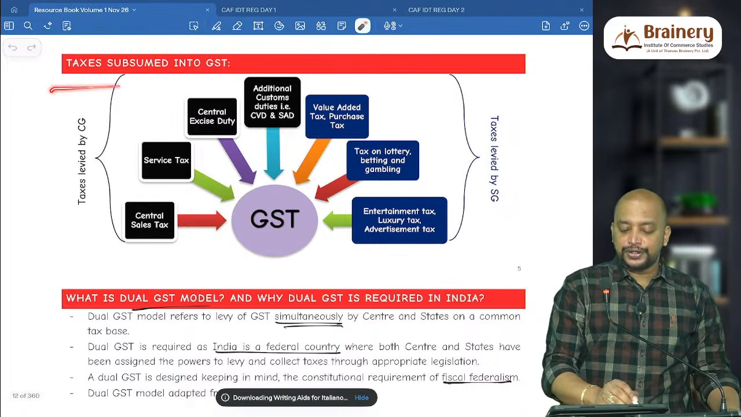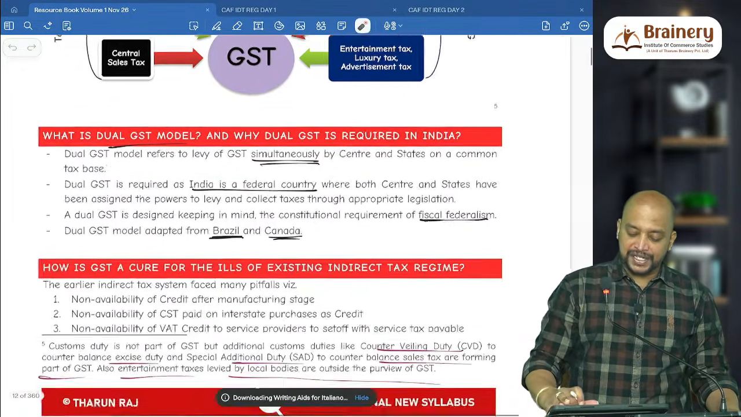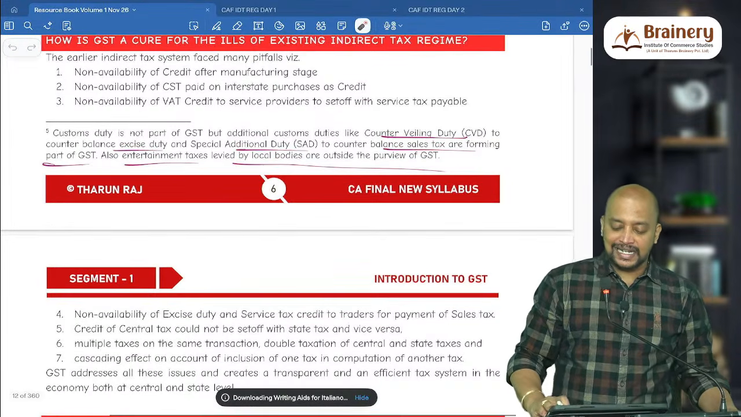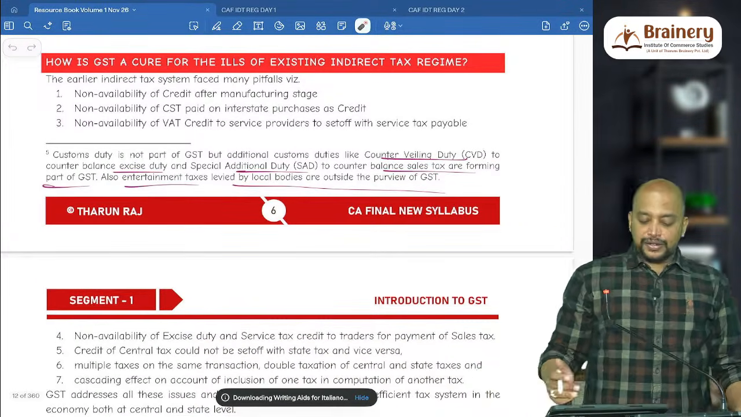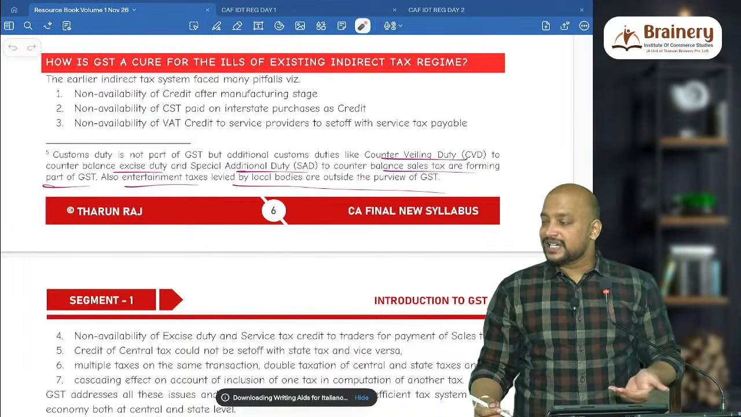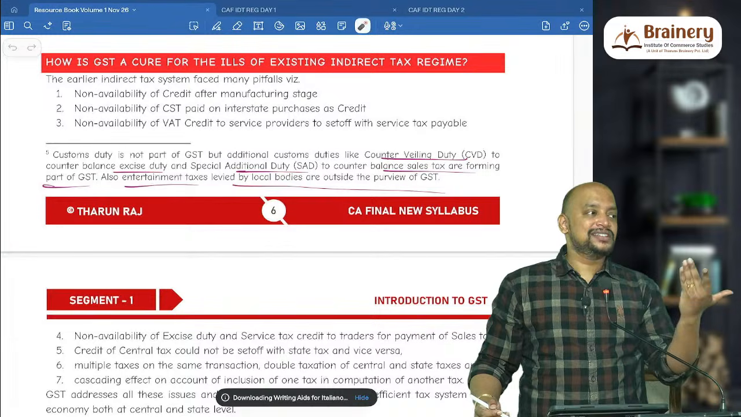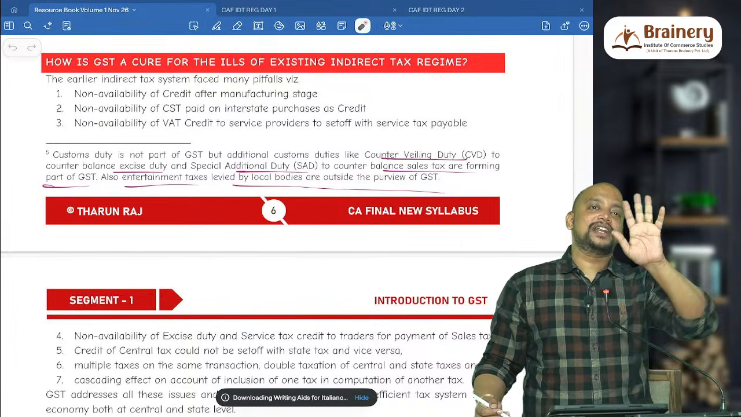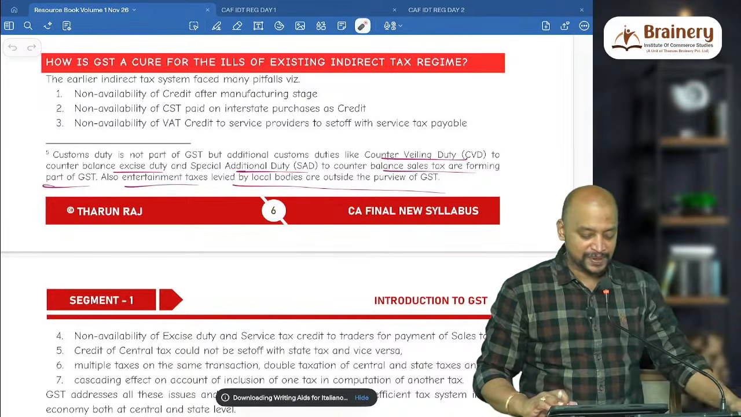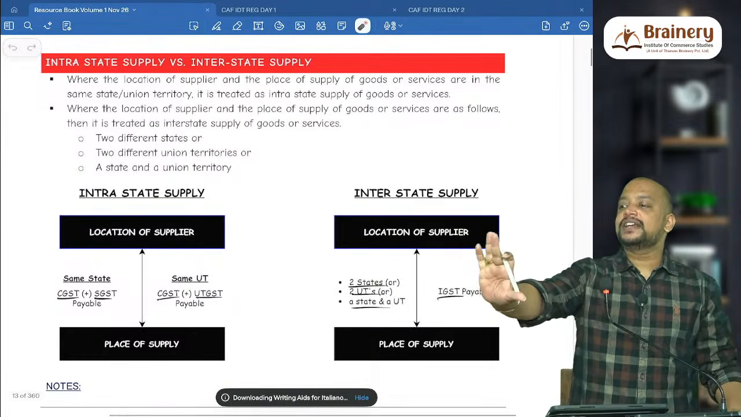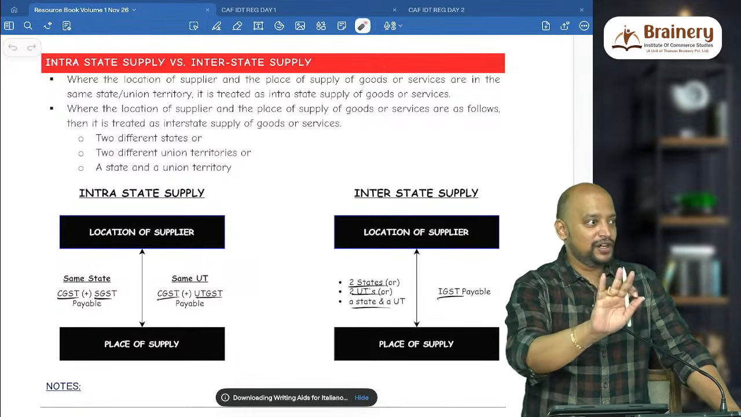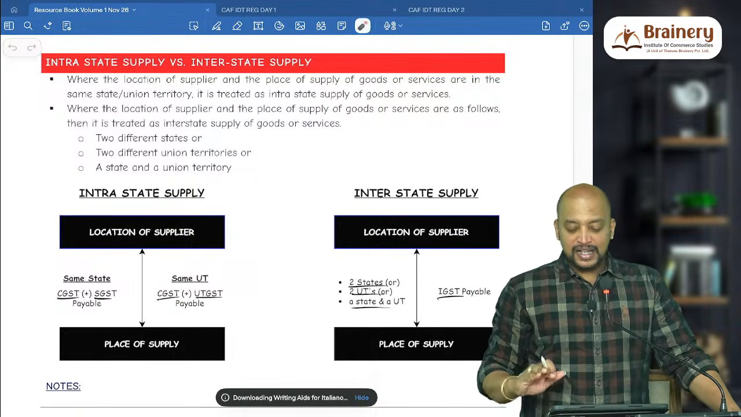Taxes subsumed into GST, we already know, we discussed the dual GST model. How GST is a cure for the ills of the existing indirect tax regime. Earlier the indirect tax system had some issues, because of which they have brought in GST, but this is not relevant for you because you are not learning the earlier indirect tax system, so don't bother about it. I just gave it for reference purposes. None of this will come in the exam. Whatever we learned in yesterday's class and today's class will not come in the exam, don't worry, okay. Then